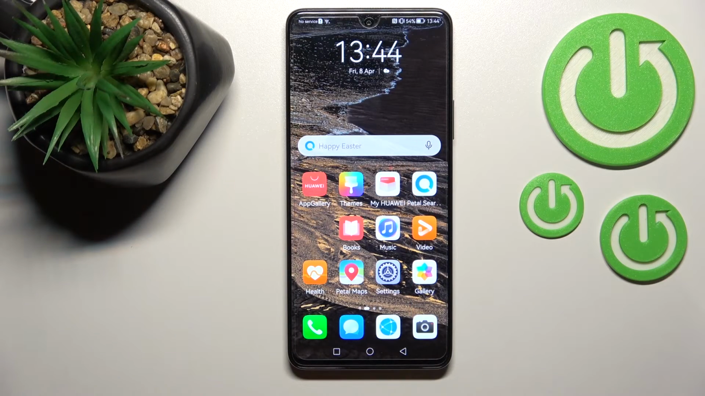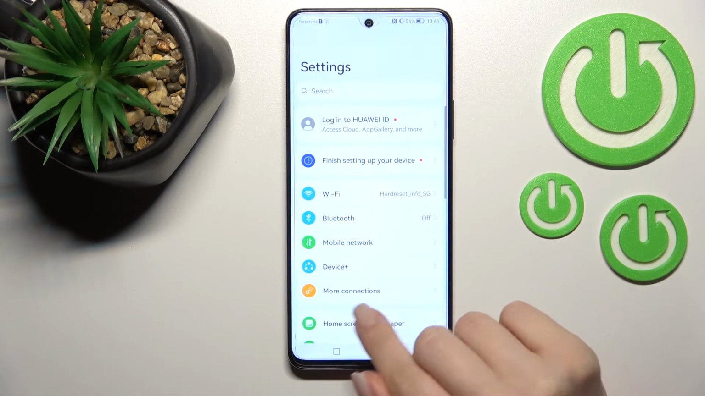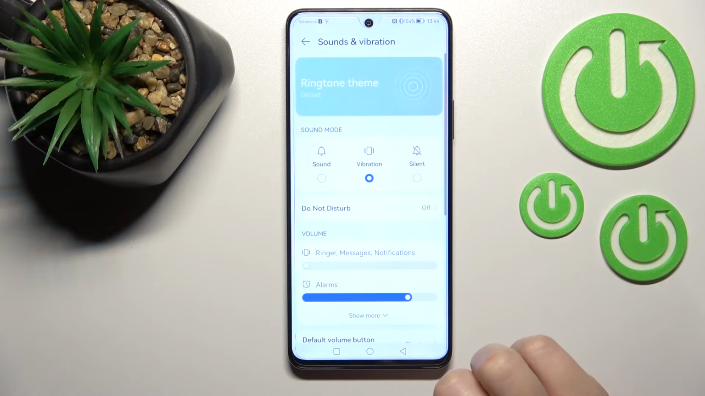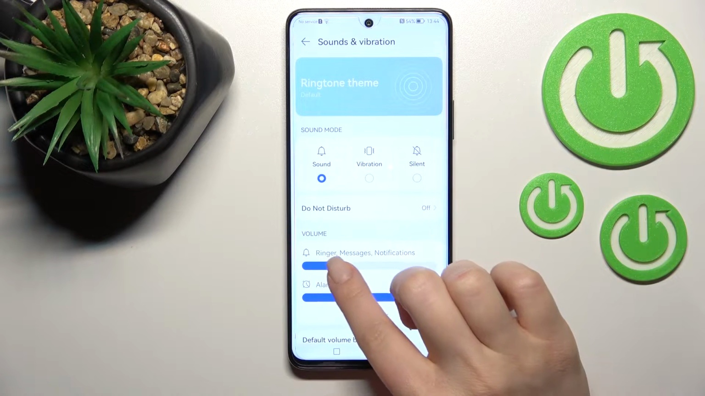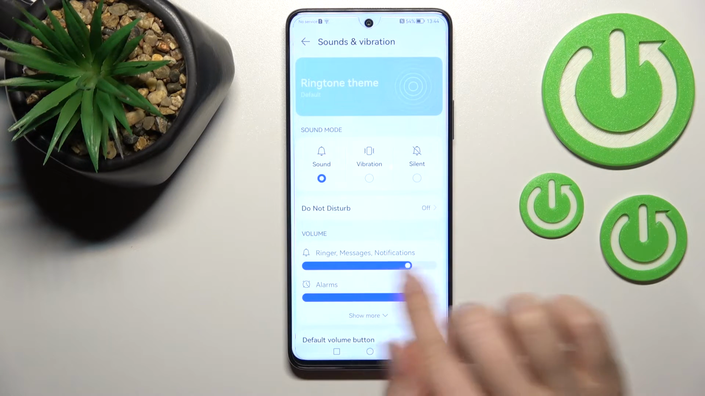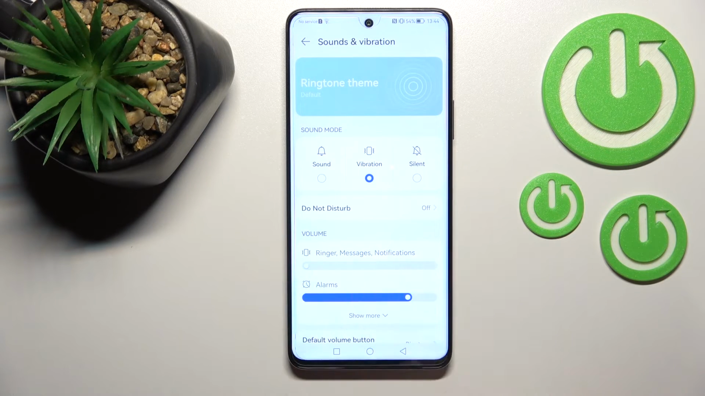Welcome, today in front of me HUAWEI NOVA 90C, and I'll show you how to unmute ringtone on this device. So first you should go into the settings application and then tap here on the sounds and vibration. Here you can set the ringtone volume panel. Just to unmute the ringtone, you should swipe this white dot to the right side with your finger, and that's